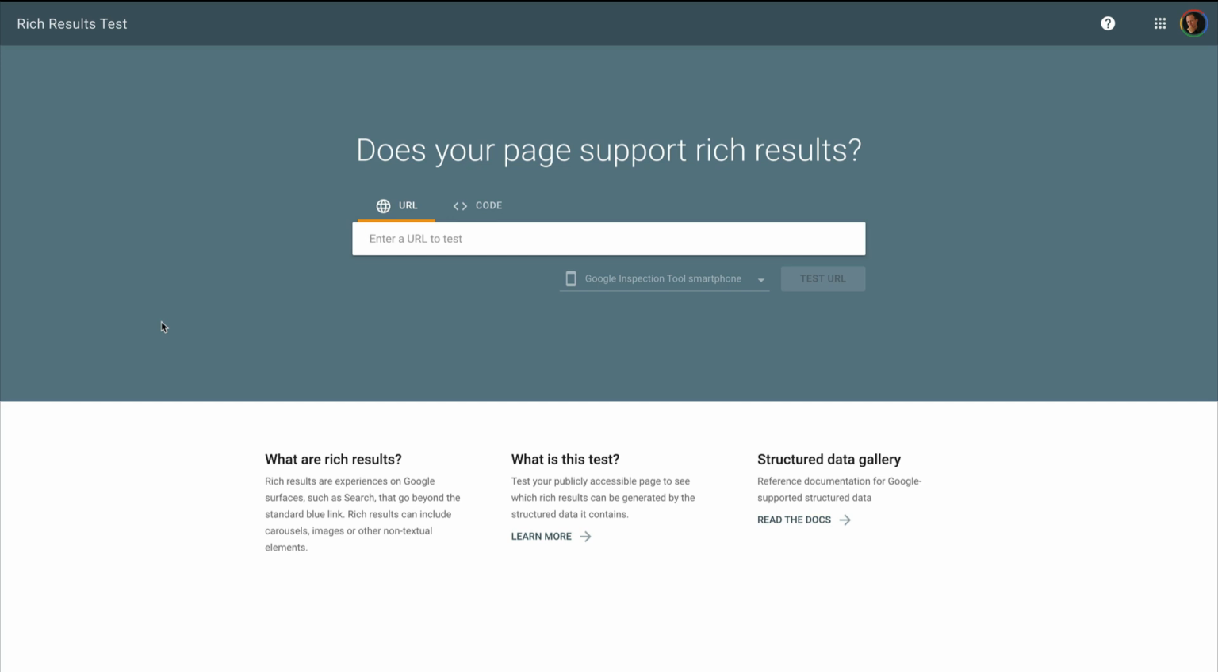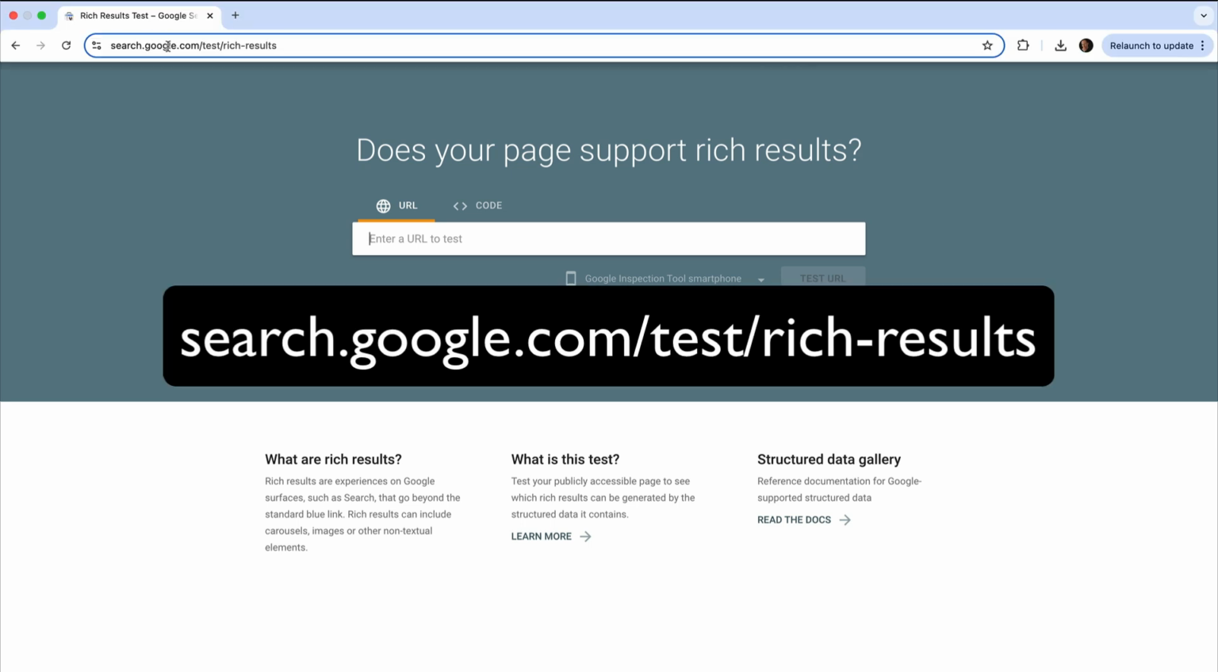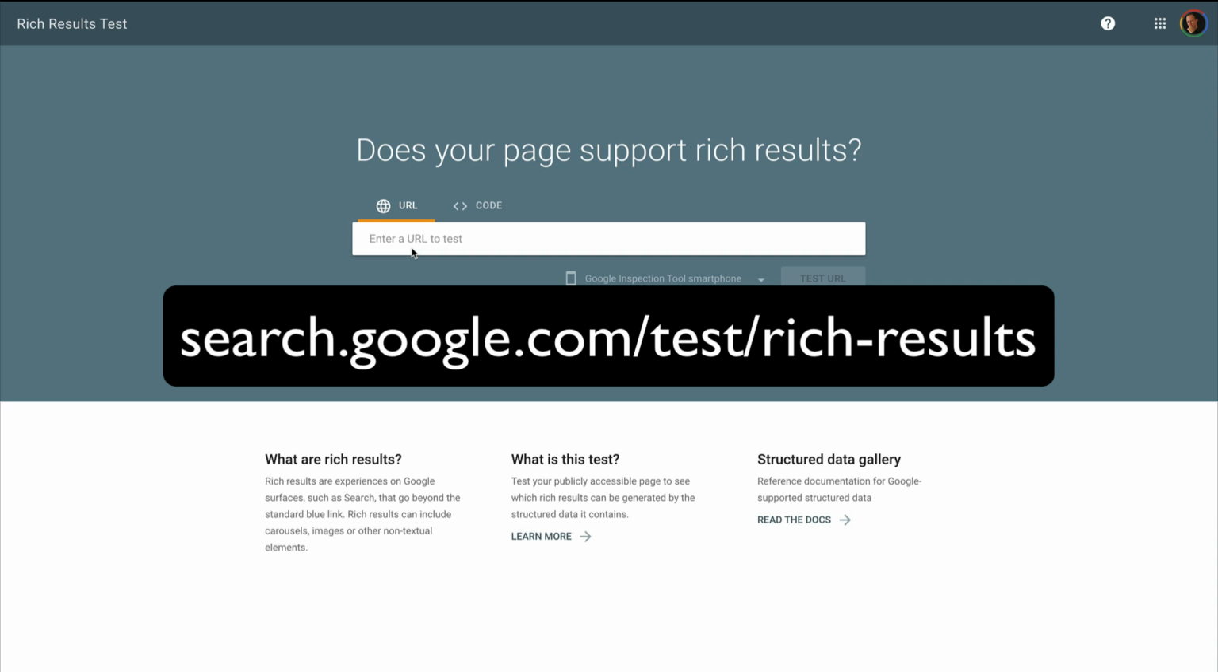If you aren't sure whether some page on your website supports or has the code for rich snippets or not, Google provides a page where you can test that. And the URL for this page is search.google.com/test/rich-results. I'll have the link to this URL in the resources of this video. So what you can do is actually paste any URL on your website and see whether it has the code